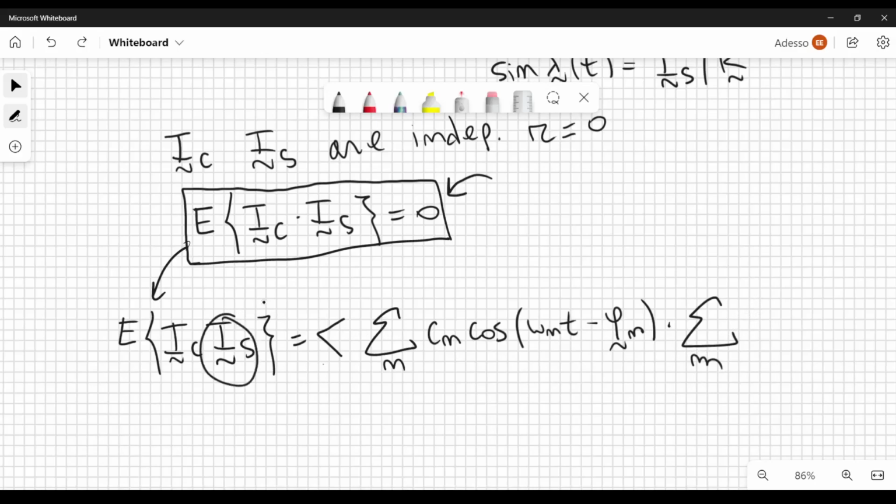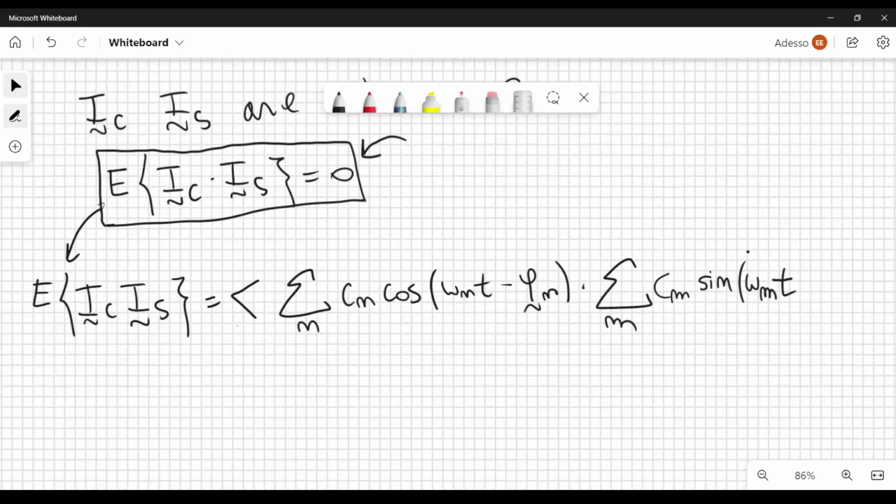And this is the expression for I sub s. We have c sub m sine omega sub m. Now, do not get confused between m and n. It's quite difficult to hear the difference when I pronounce them because they are quite similar, but you can see that from my handwriting, hopefully. Omega sub m t, and then here I have minus phi tilde sub m,